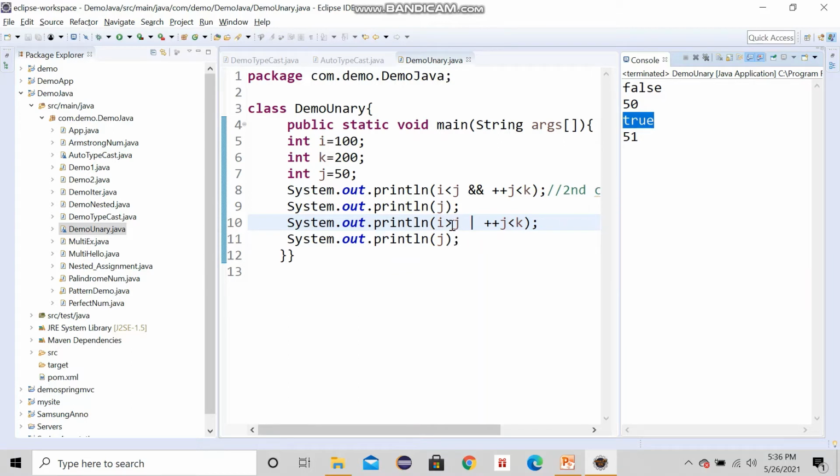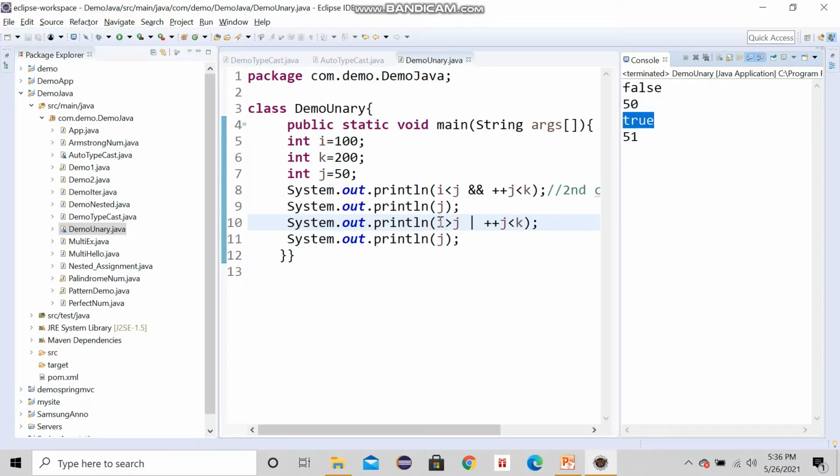But in exclusive OR, let me say again, if both the conditions are true, then also it is false. Or if both are false, then also it is false.